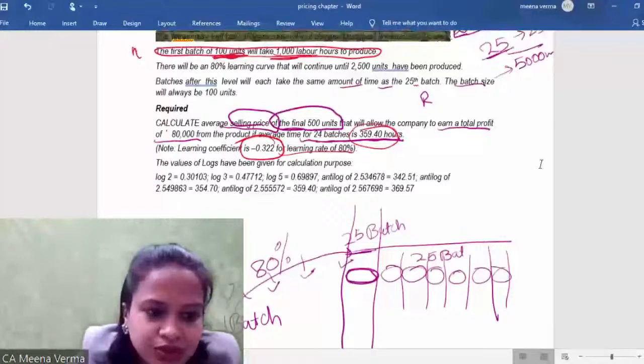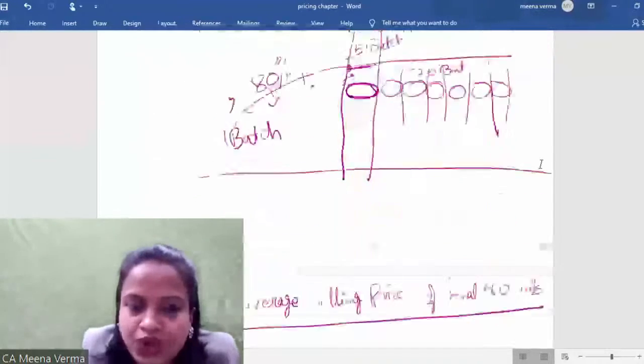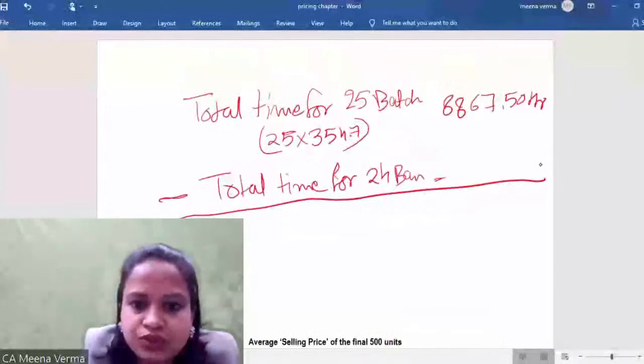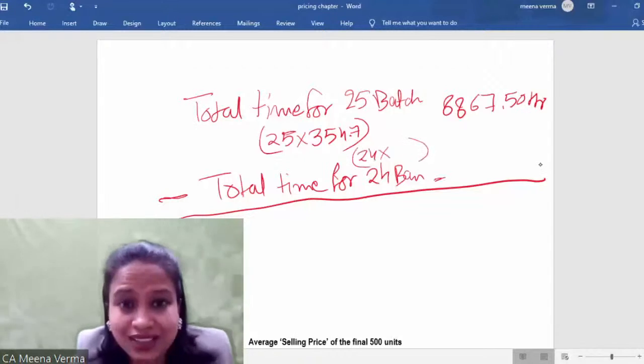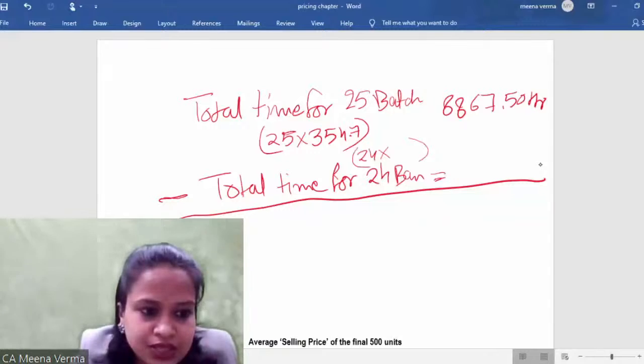It is given in the question. Okay, average time for 24 batches. So from the average you can calculate the total time. So 24 into whatever the average is given, from here you can find the total time required for 24 batches. This value is